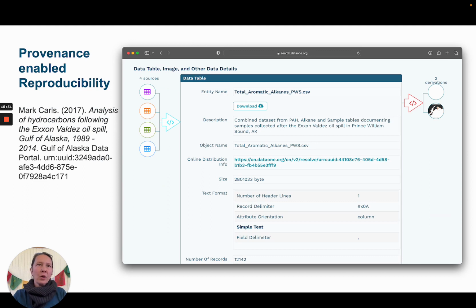And finally, one feature that aids tremendously in the reproducibility of research is the display of provenance information. Data authors can upload their code and analysis outputs as well as the data and build links between them to enable reuse of not just the data but the full analysis. Now, I should say that not all records will have this display, as motivating the community to provide this additional provenance metadata is a work in progress.